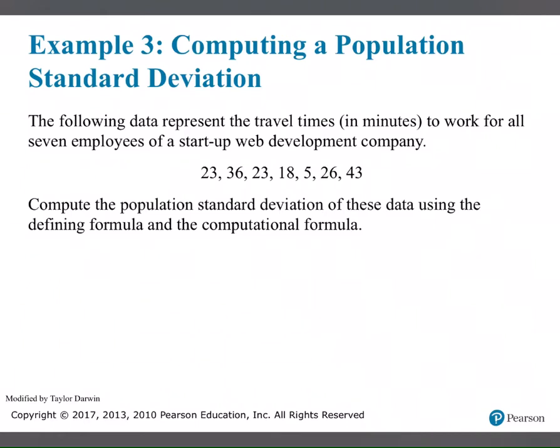This says the following data represents travel times in minutes to work for all 7 employees. Compute the population standard deviation for these data. We are just using the computational formula. So, basically,